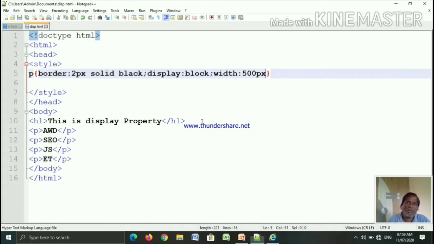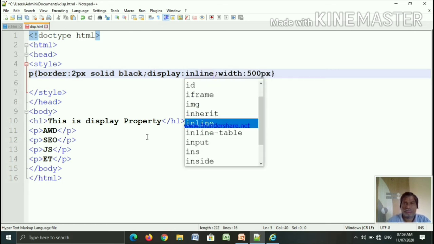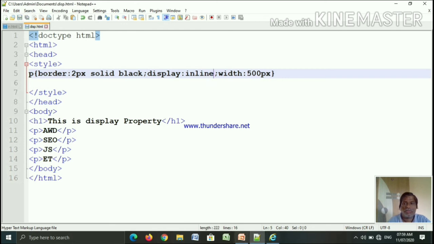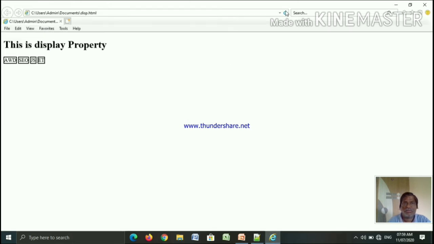Now I am making a change again here. Instead of block I will use inline and see what happens. Okay, so the width property is not applied to the paragraph selector in inline display, because inline is a property of text, and that is why it cannot take the width property.